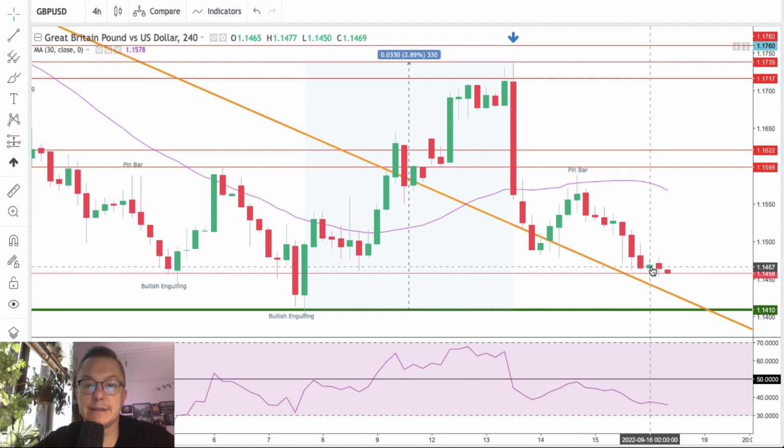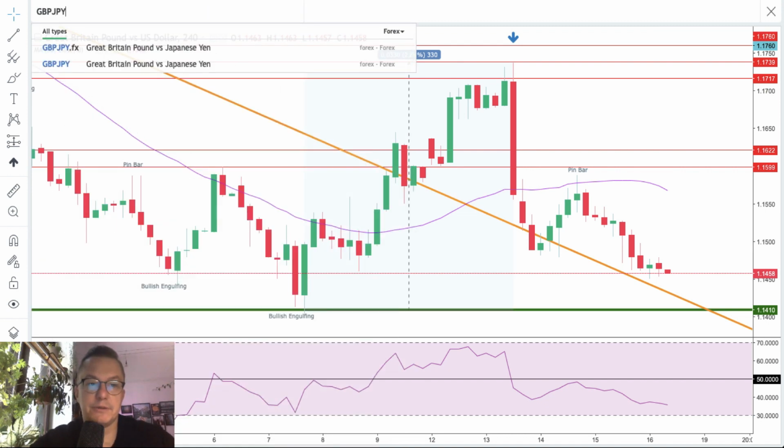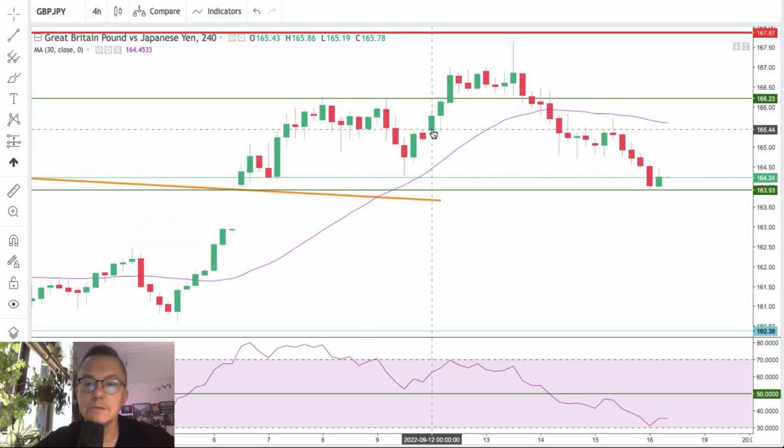Yesterday's low is 1.1450, so we are trading 8 pips from yesterday's low. The sentiment is clearly negative. Please prepare for the penetration of the lower levels. What is going on with the British pound to Japanese yen? The British pound to Japanese yen made a pin bar on a 4-day chart around the level of 167.50,